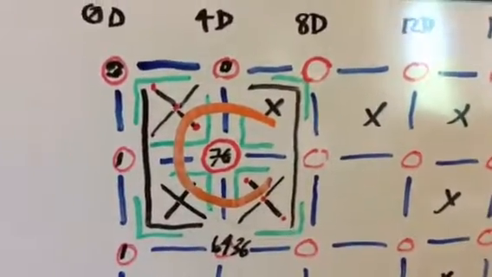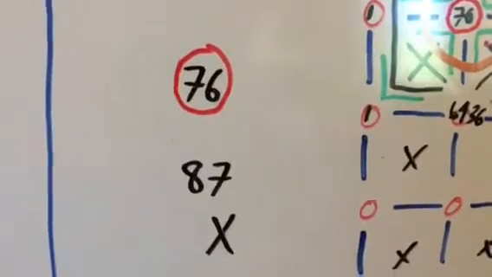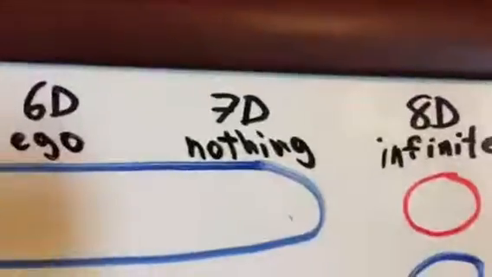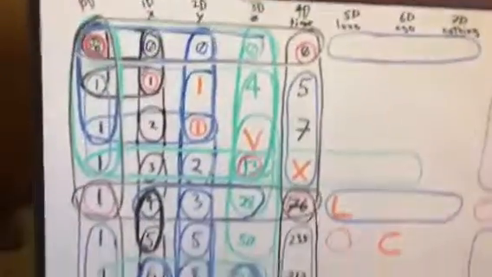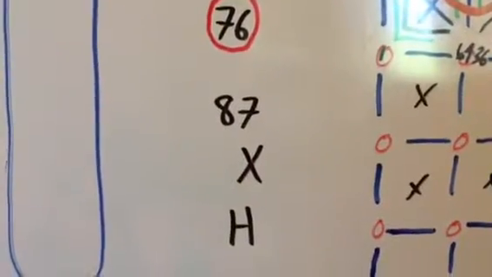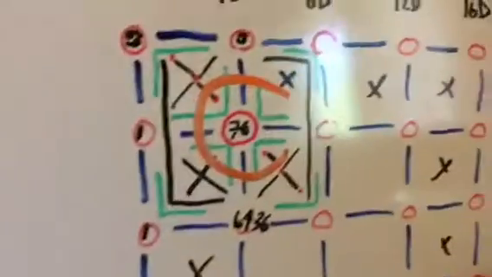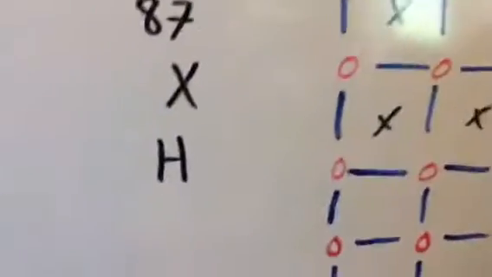I look at that 76 in the middle and wonder if I can get an 8 from that. So if circled 76 is just an 87, and if the 7th dimension is nothing, and I have no 1x7s in any of this, okay? In all my diagrams I've ever made, I've never had a 1x7. So if 7s are indeed nothing here, we can just cross them out. The 8th letter of the alphabet is an H, and if 76 can be replaced with an H,